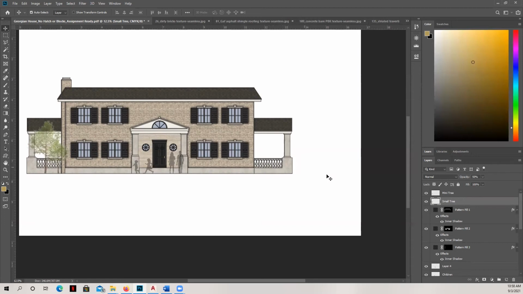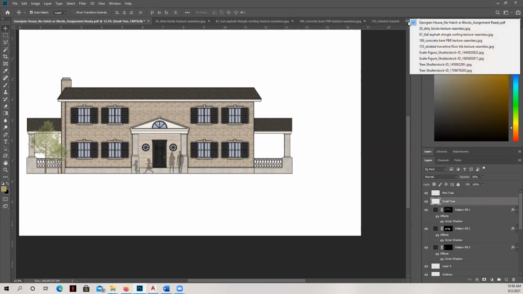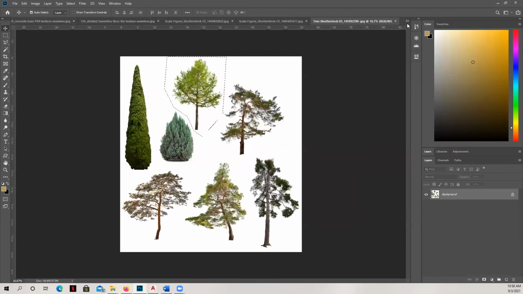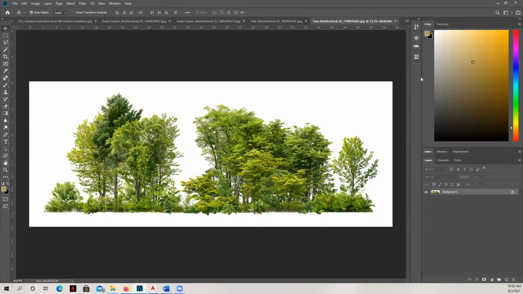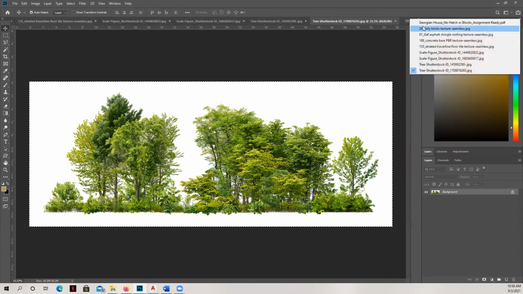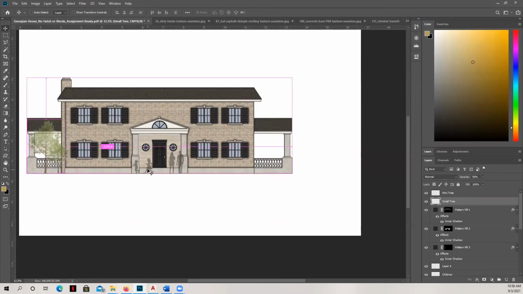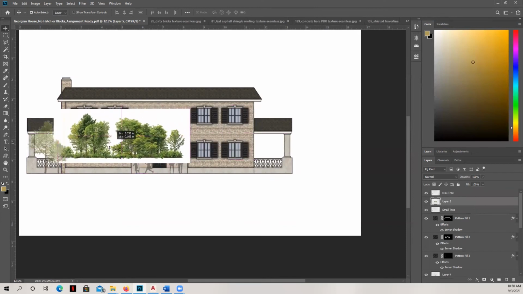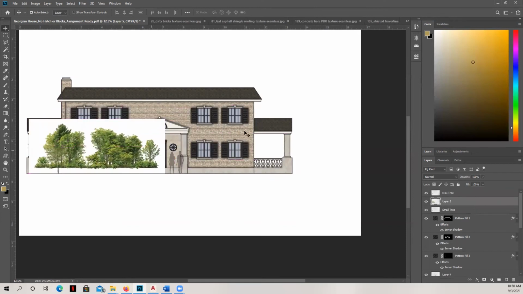And then the same thing here. So what I'm going to do now is bring in another kind of vegetation element. The one we're going to bring in is right here. Okay, so let's go ahead and Control A, Control C, and then we will bring this into our Georgian model, once again Control V. Now this one we're going to put so that you can see it kind of behind the